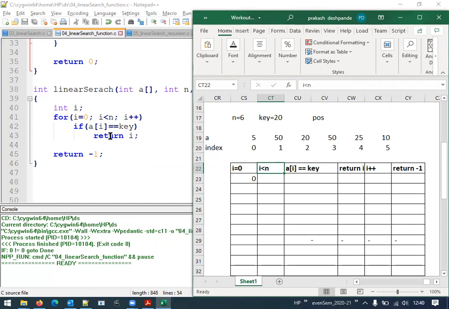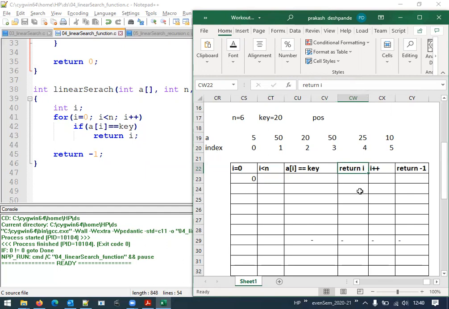And if this condition is true, then it executes the return i statement, which is populated in this column. And then i plus plus is here. And once this for loop gets terminated, it is going to execute the last statement, that is return -1. So this return -1 is written here.